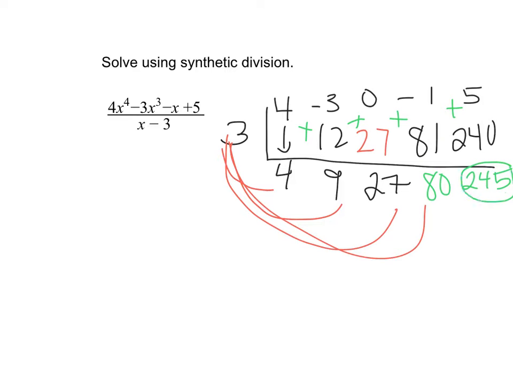Okay, so this guy right here is my remainder. And I'm going to write this out as my final answer. So I'm going to start on the far right, not use the remainder, but I'm going to start with the 80, and that's my constant. Okay, then I'm going to go over, and it's positive, so I'm going to say plus,